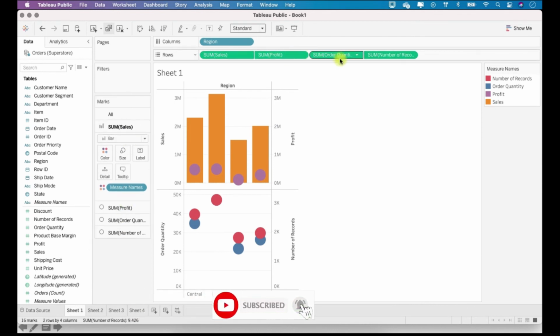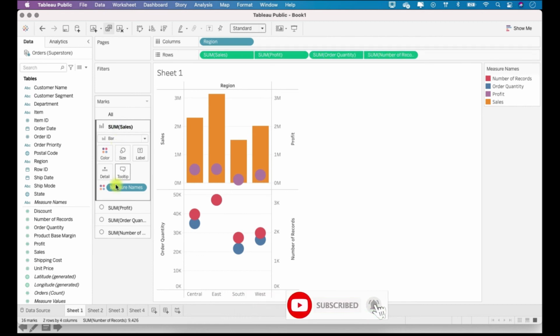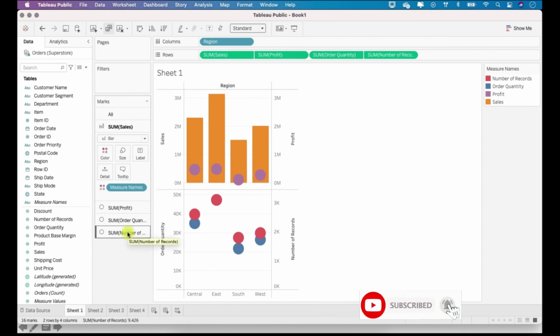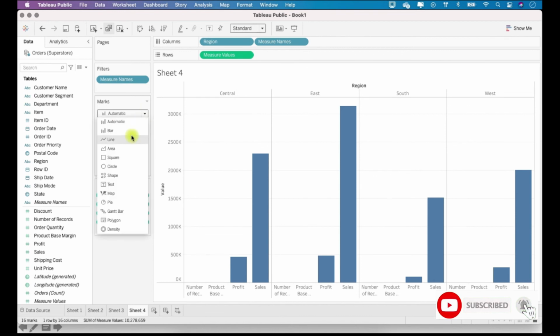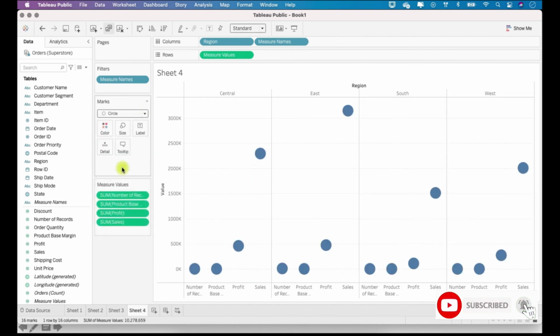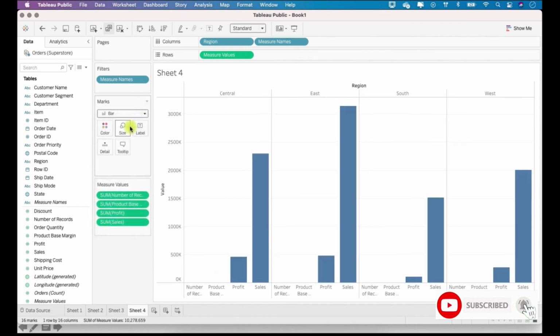So if you see here, there are 4 measures, and so we have got 1, 2, 3, 4 mark type cards, right? But in combined axis, we don't have more than 1 mark card. So basically we can have only a single mark type for the entire chart. We cannot play with the mark type.